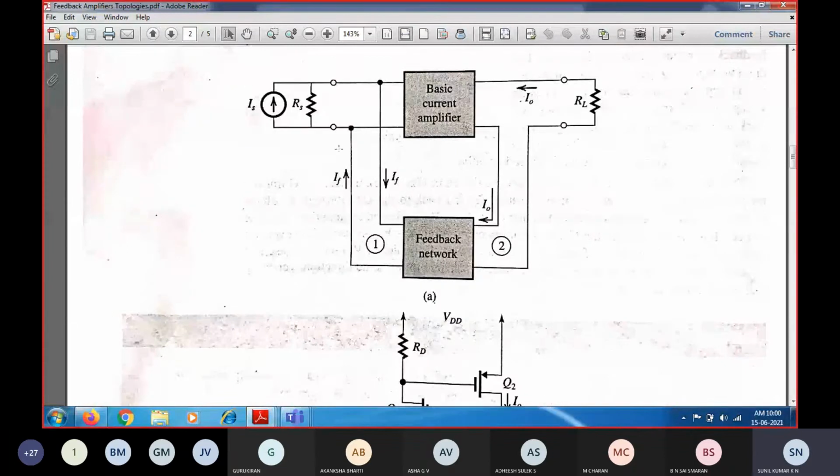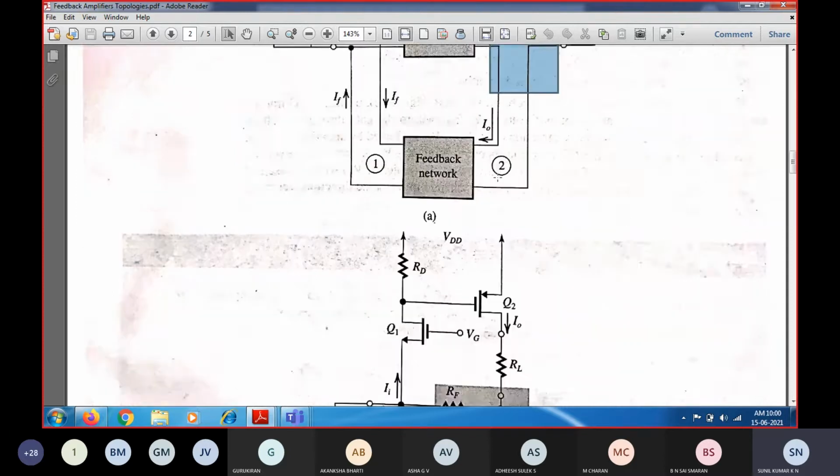And we have seen this circuit diagram, and we have seen that for basic current amplifiers, both will be current, and the feedback circuit needs to sample the current from the output side in a series way, and at the input side it is parallel, so it is called the shunt series configuration, not series shunt, sorry, shunt series configuration. Current mixing takes place at the input side, and current sampling takes place at the output side. Hence it is called current mixing, current sampling.